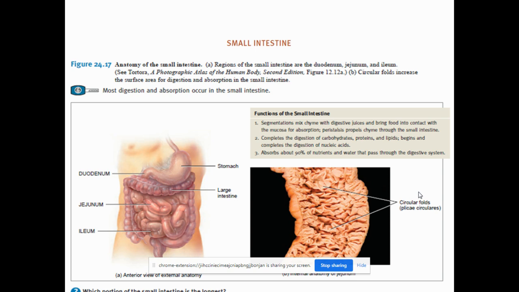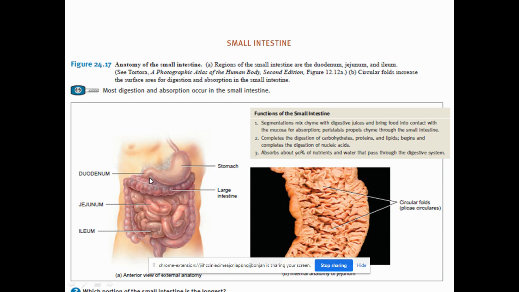Okay. Now, what are the functions and structures of the small intestine? We are going to see the structure of the small intestine. As you can see from the picture, the stomach opens into the first region of the small intestine, that is the duodenum. So how does it open? There is a junction called the pyloric sphincter. The pyloric sphincter is the valve which allows the chyme to flow into the duodenum from the stomach.